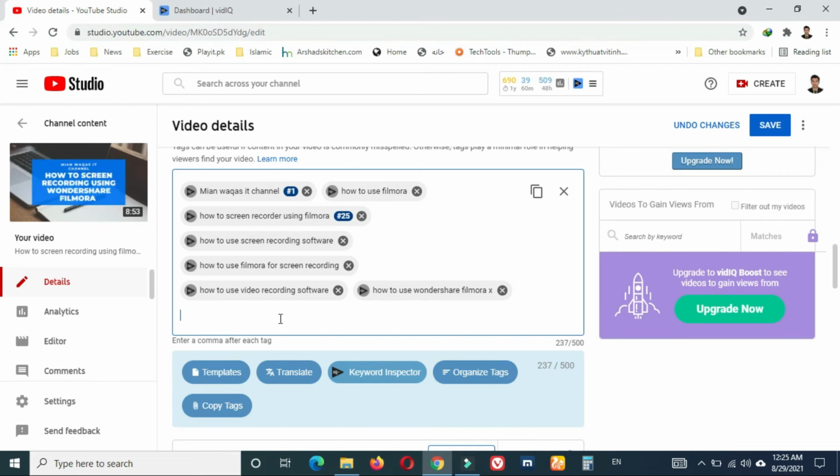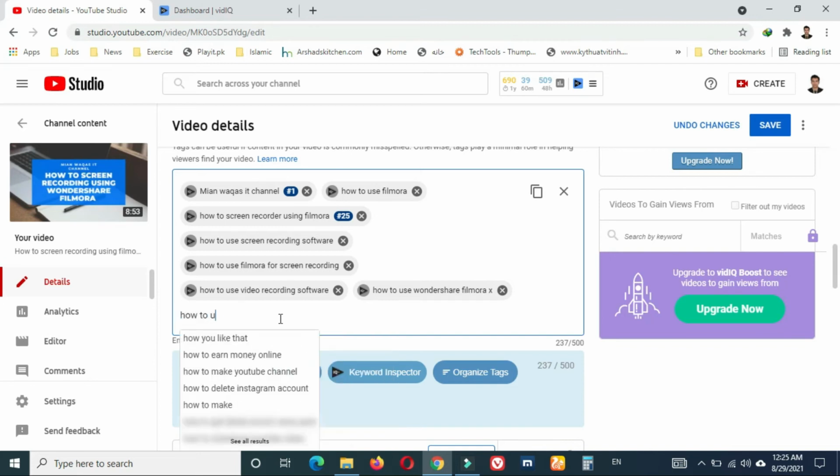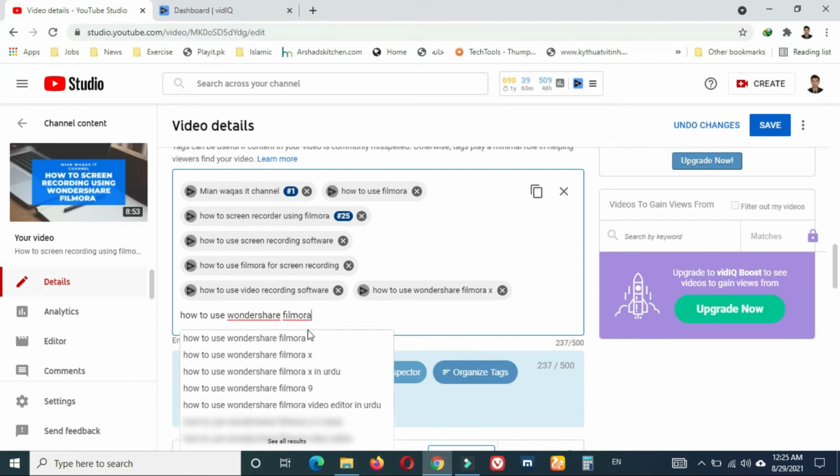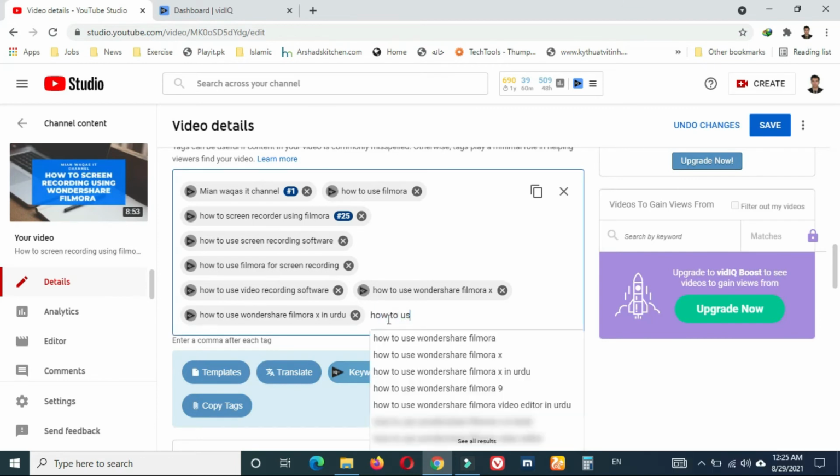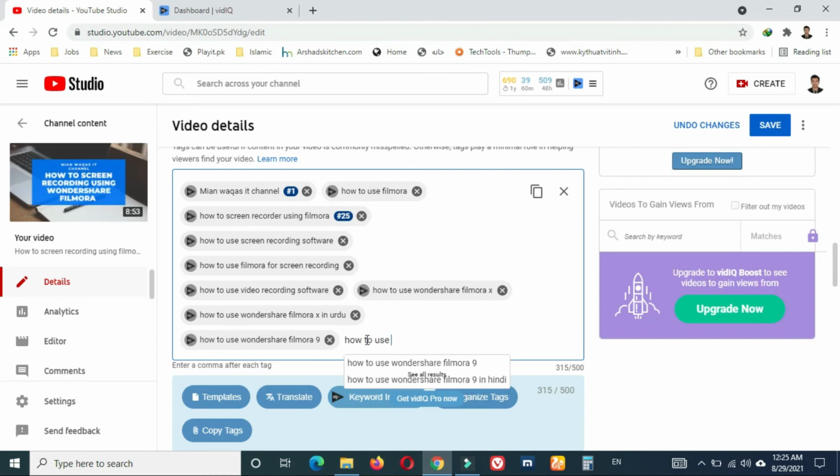Next, how to use Filmora. How to use Filmora to underscore.